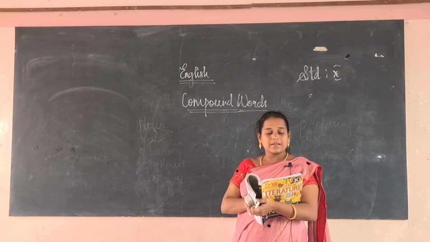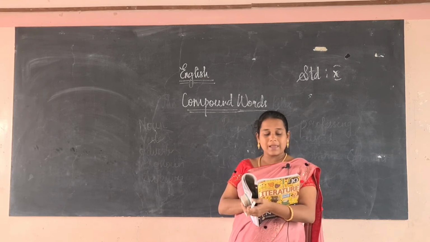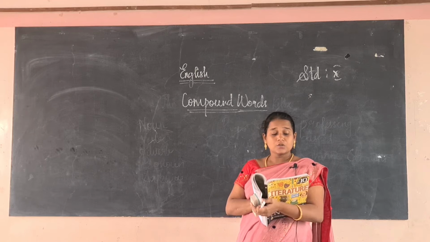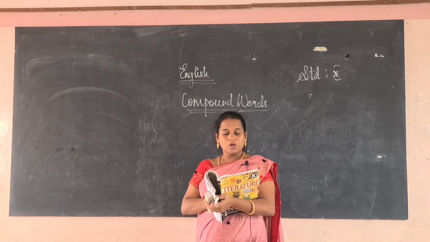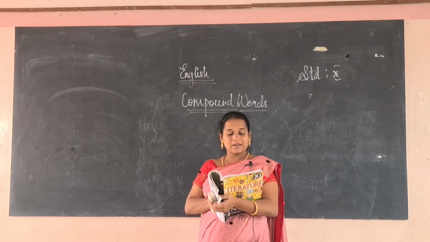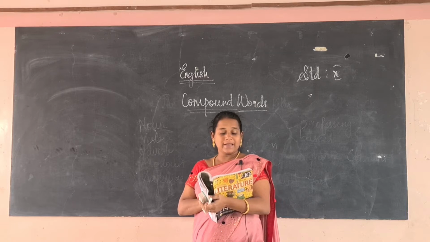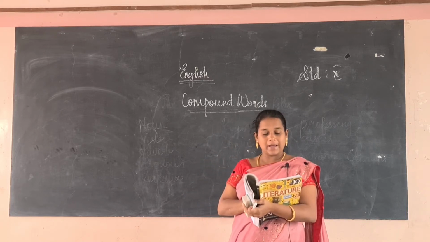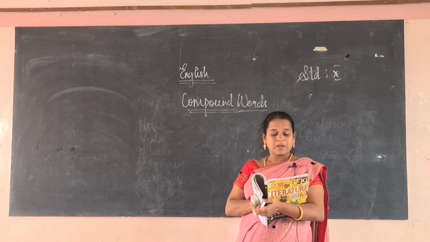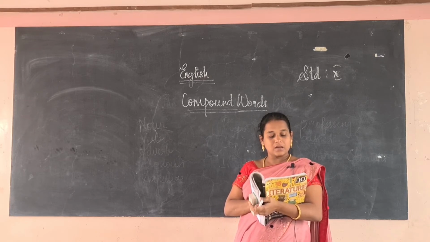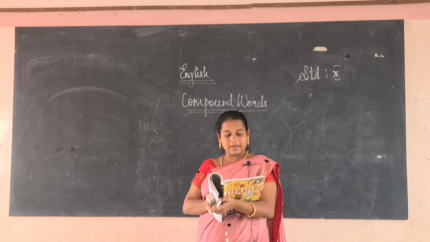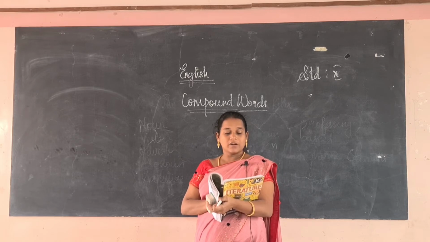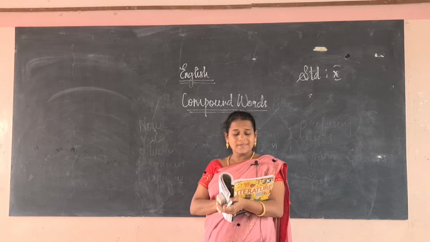Read this sentence. Beyond the iron gate were the playing field and the two-storied school building. The owner of the tea shop, now over 60 and a little rustic in appearance, with white, neatly combed hair and a clean look, was the same as before. His nerves seemed overwrought for some reason. The words given in italics are compound words. So two-storied, neatly combed, overwrought, all these are compound words.